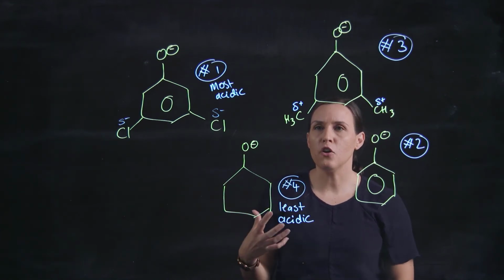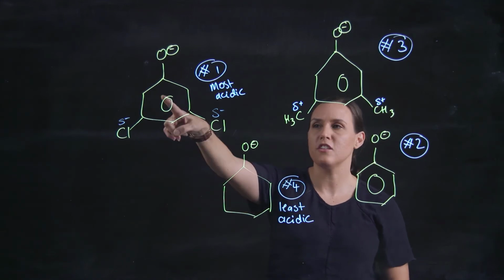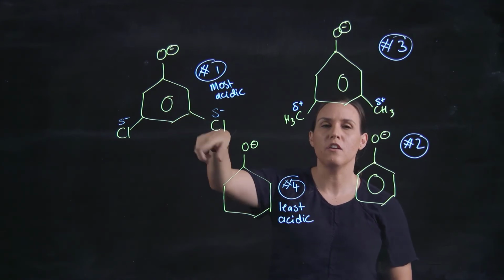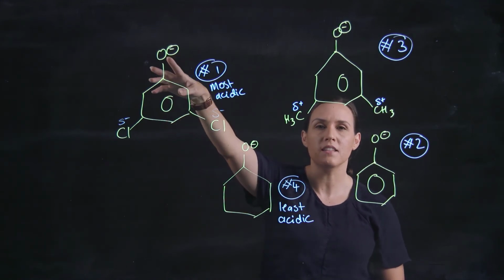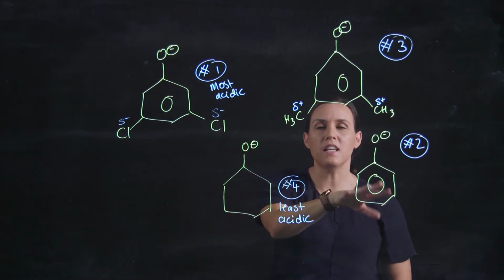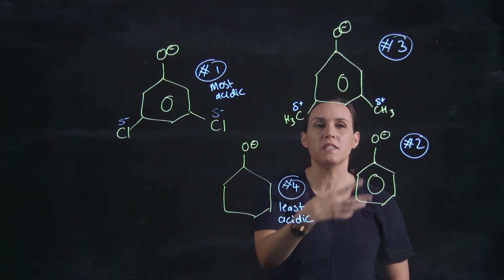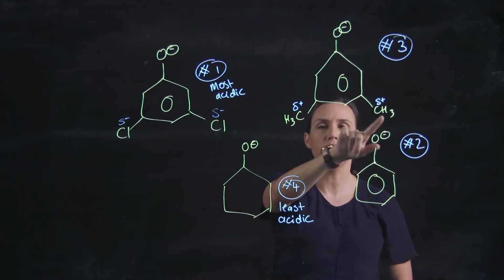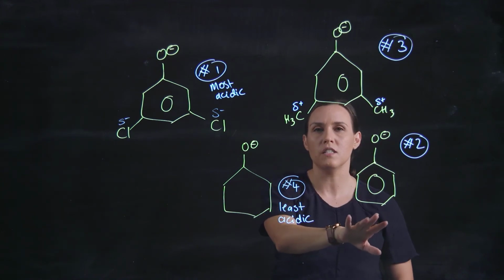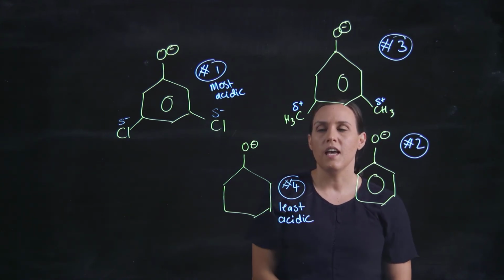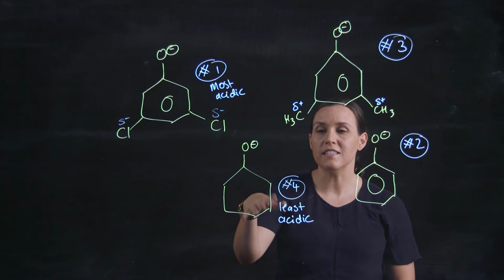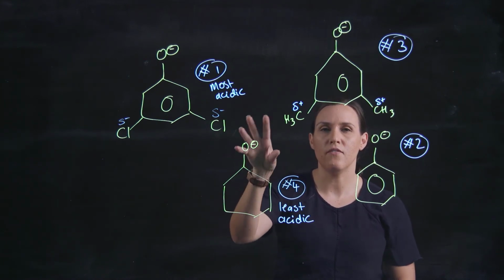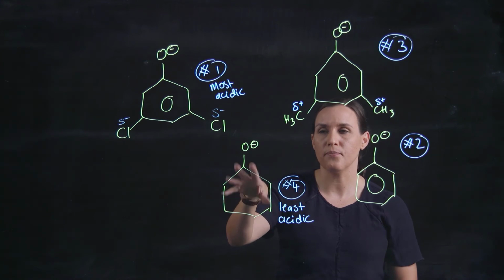So take home, electronegative groups attached to the benzene ring will increase the acidity of that O- that's attached. The benzene ring in itself helps stabilize that O-. If you have delta positive groups, it will destabilize it to a degree compared to if there were no groups attached. And if there's no delocalized system of electrons, then you're going to have a very unstable